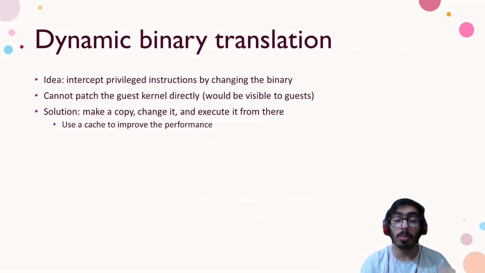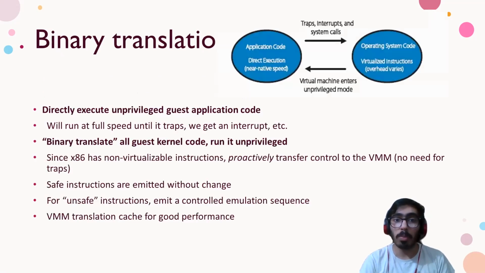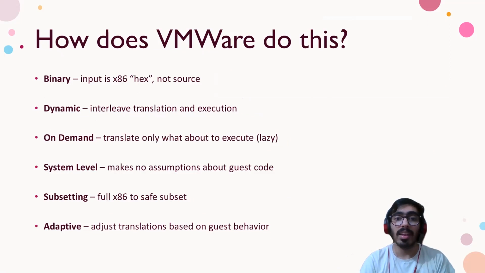So we went on to more modern techniques like dynamic binary translation, where each of the binaries are intercepted and the instructions are changed so that it finally runs. It also has its own problems such that it's slow, plus there's so much storage. You're just basically creating a copy of the same binary again. So what does VMware do? We most probably use either VirtualBox or VMware, and they use some same sort of techniques.